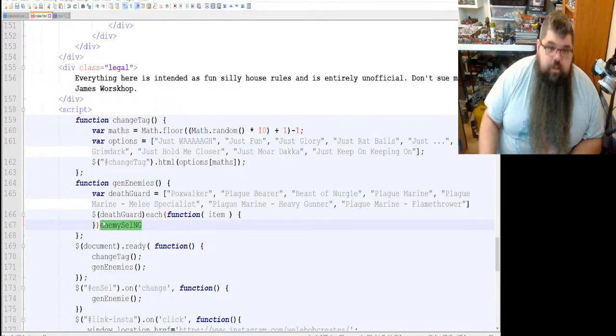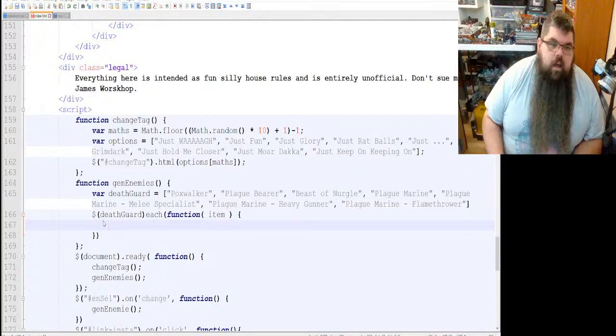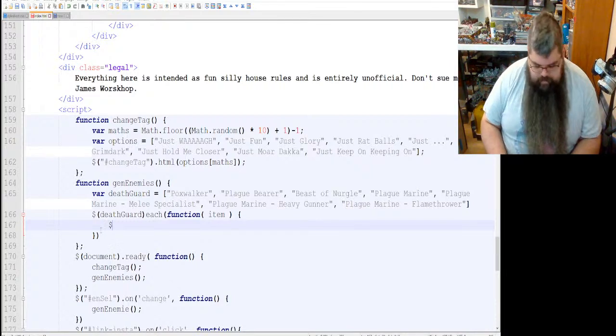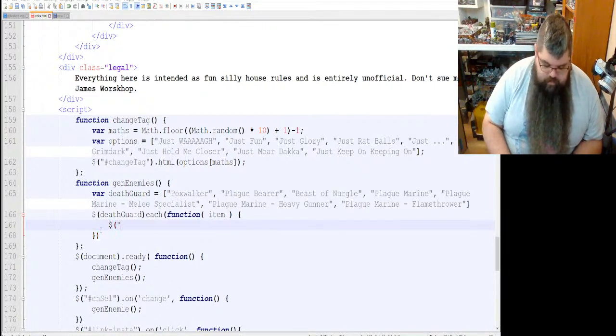All right, so that should loop through our Death Guard array here. And what we're going to do is append with HTML or with jQuery here, append the values from that into the selects.